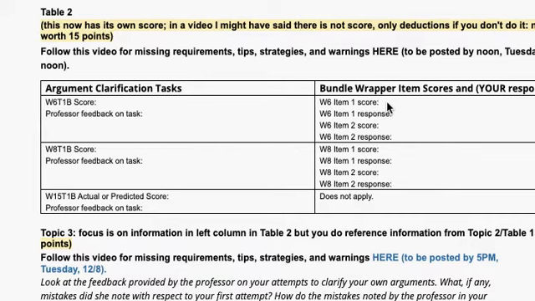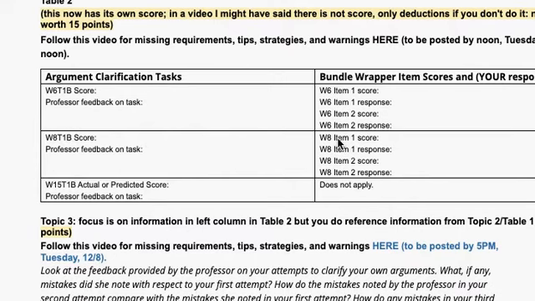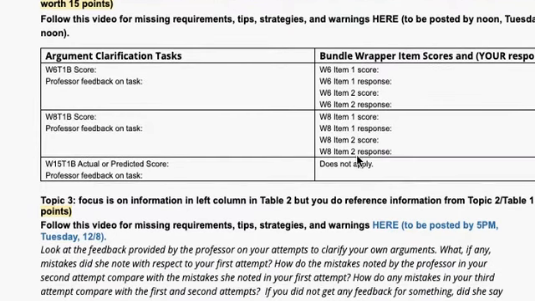Okay, so now you know you need to be very careful and pay attention to which wrapper item I want. So week 6, item 1 score, week 6, item 1 response, week 6, item 2 score, week 6. Basically you do the same thing for the week 8 bundle as you go in there and pull that information out. And then you have all of this data all together where you present the data, you gather it,